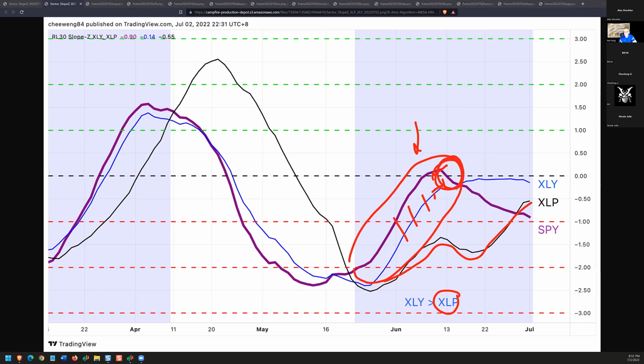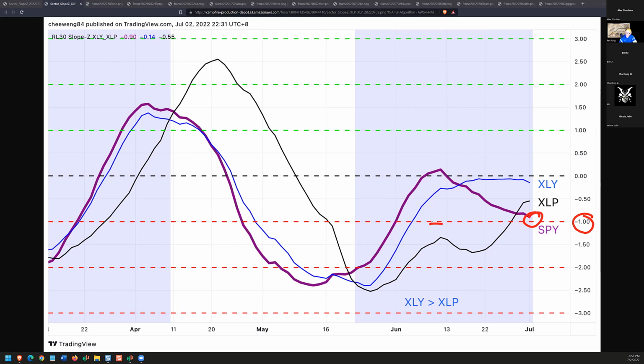But then when the market peaks and this rolls over, you can see that's a time when XLP comes back into its own, when people want that conservative gains, while XLY is threatening to roll over. So once again, we're right at this crucial moment at Z-1, which is the boundary between normal and abnormal. If the S&P fails here, it wouldn't be surprising to see that the gains made in XLY get sacrificed to the gods, and then that begins to fail while XLP continues to get back to normal. So this is another piece of evidence that supports the hypothesis that we are at a really important turning point, a critical state